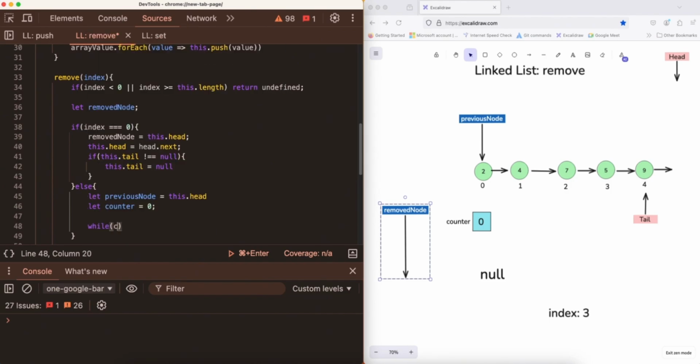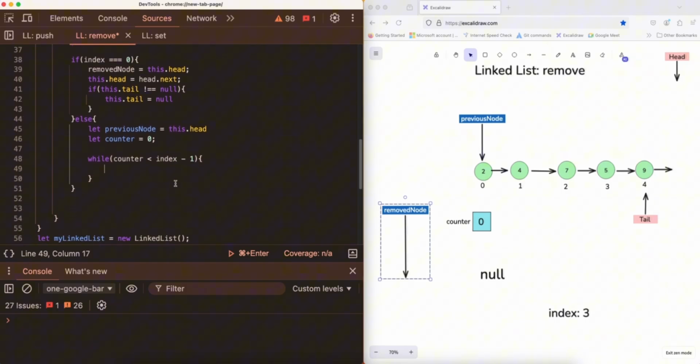Counter is less than index minus 1. So this is no longer strange to us because we've handled this kind of scenario before. So I don't really need to start over explaining again, repeating myself, right? Okay. So while counter is less than index minus 1, what do we want to do? This has actually been handled on SAT for those who perhaps just jumped into this section. So maybe if you are not clear why this is happening, check on the insert linked list and